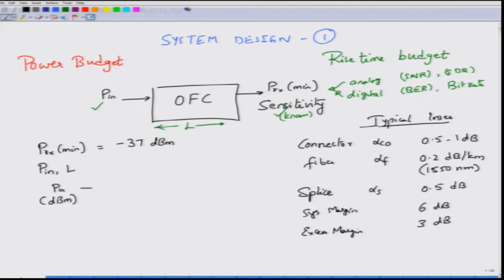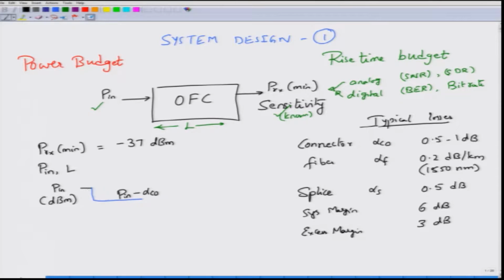Remember, losses are better talked about in dB scale rather than in the linear scale. So, let us say I convert whatever the input launch power in the linear scale, in watts or milliwatts, to dBm, and I start with that. The first loss that I encounter will be the connector loss. Correct. So, I will first encounter the connector loss, therefore, the power at this point would drop from P in to P in minus alpha C0. So, this is the launch power into the fiber